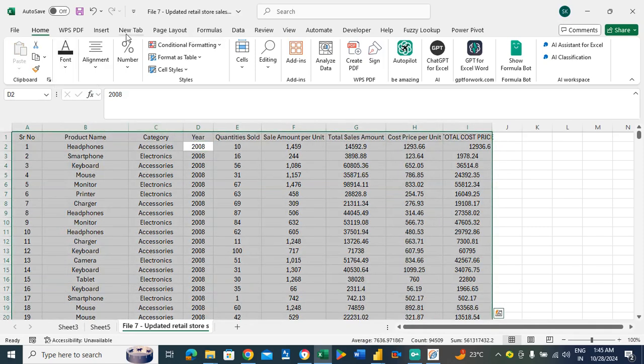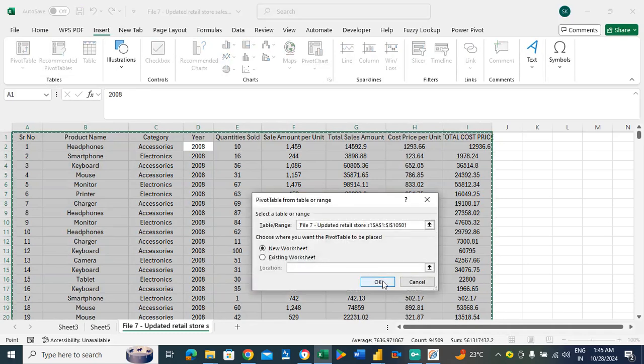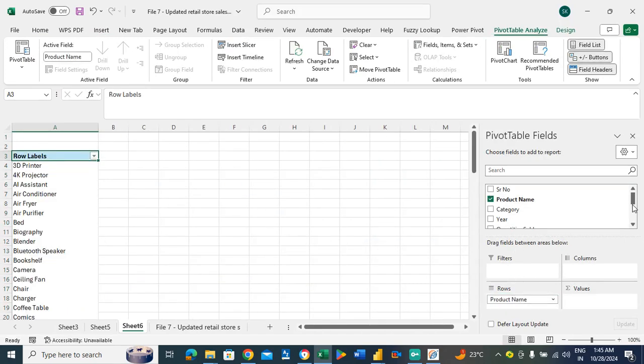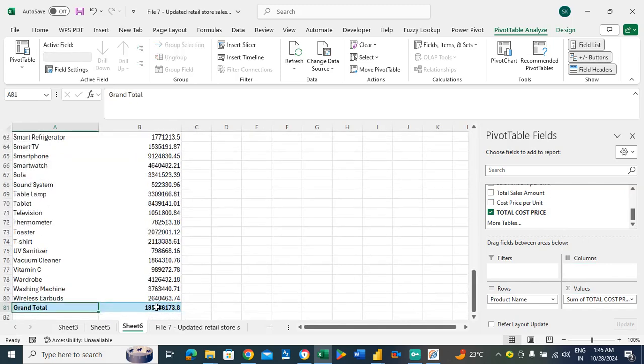Let's find out what's the total cost price for all the products combined. I'll drag the product name to the row section, and I'll drag it here. Let's go to the bottom. You can figure out it's going to be,